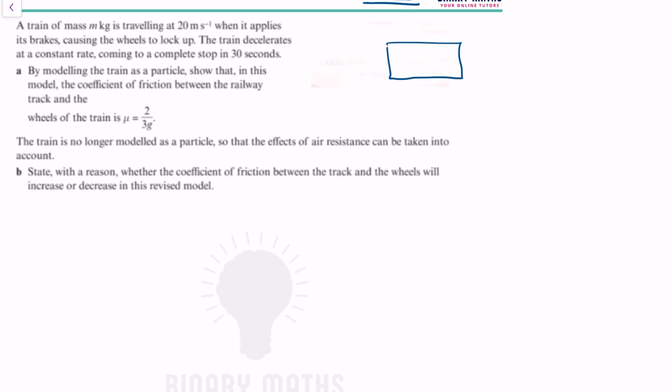So we've got a train. We know that it weighs mg. It's not obviously moving vertically, so the reaction force is also equal to mg. The frictional force must be equal to mu times mg, which is the reaction. It's accelerating forward. So first thing we need to do is work out acceleration before we can do anything about finding mu. So if we set up a suvat,